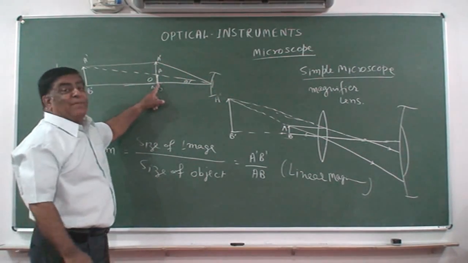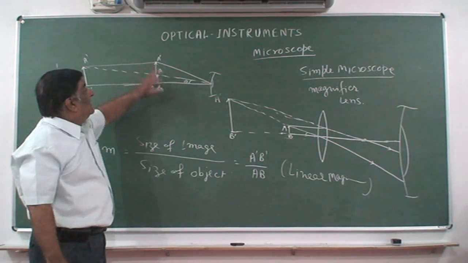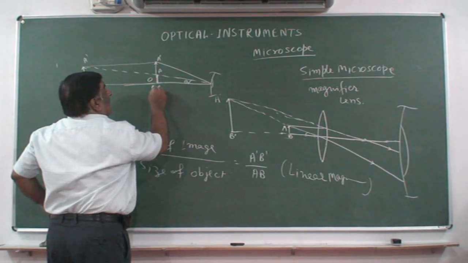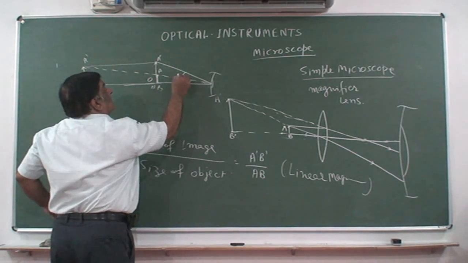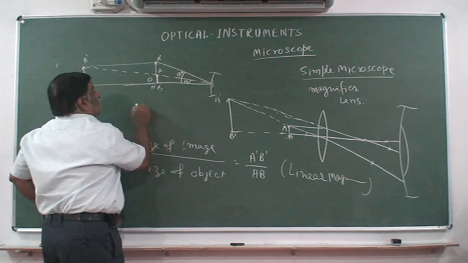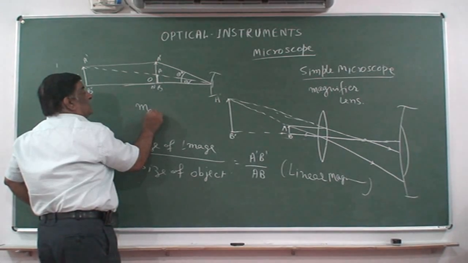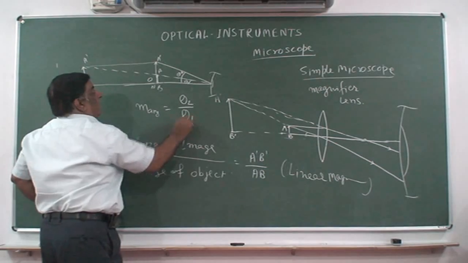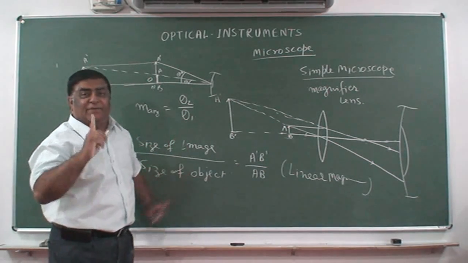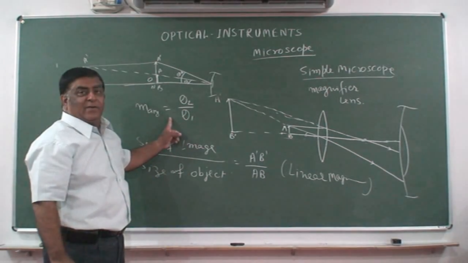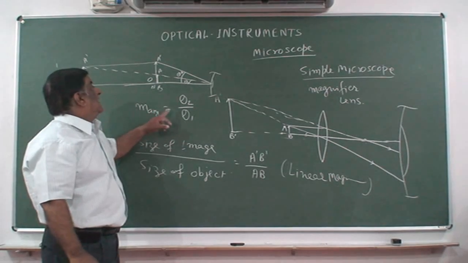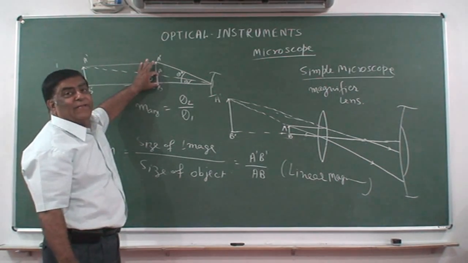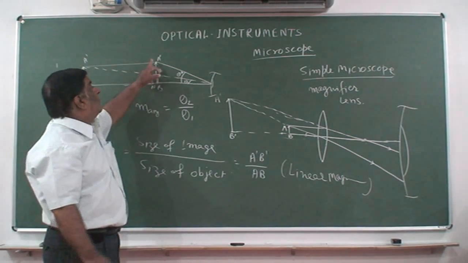Okay. Now at the same place, AB is making angle theta 1 and A dash B dash is making angle theta 2. So what is angular magnification? The answer is theta 2 upon theta 1. This is the right definition. So remember, angular magnification is angle made by image divided by angle made by the object, provided both are at